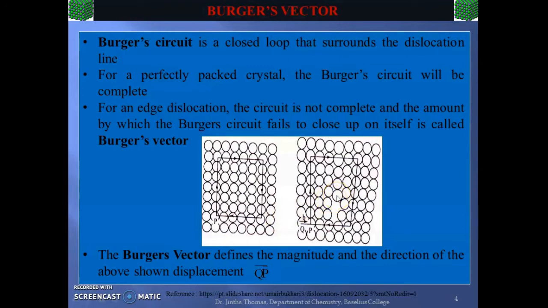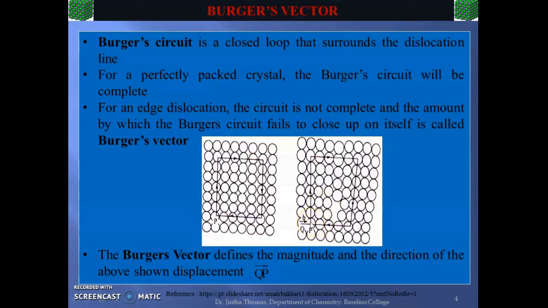That is, the area where the effect of edge dislocation is maximum. So this point marks the end of this edge dislocation and this is the area where the edge dislocation is maximum, and the dislocation line would pass through this point. And we have to be careful while drawing the Burger circuit in the case of a defective crystal. We should make this loop surrounding this point through which the dislocation line passes.